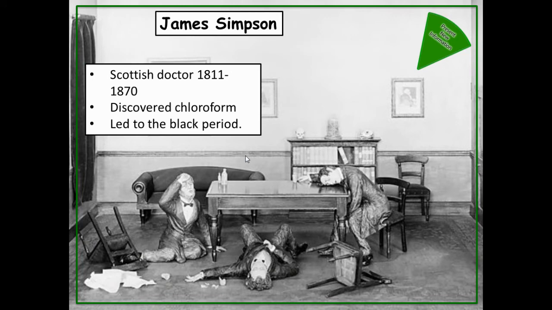Staying in surgery, but now moving on to the early modern period, a major problem within surgery up until this point had been pain. So the two primary methods used for preventing pain in surgery was alcohol and opium. So the problem with alcohol was that it sped up people's heart rates. So if you were operating on someone, you ran the risk of that person bleeding out on the table because their heart rate had been sped up.